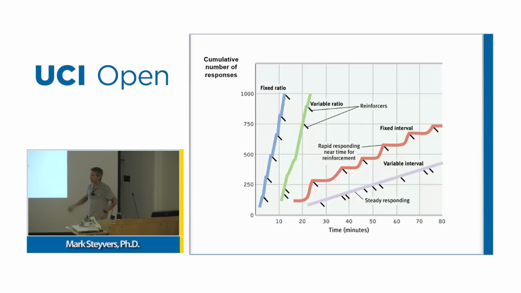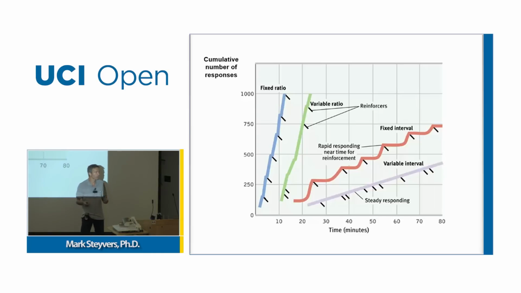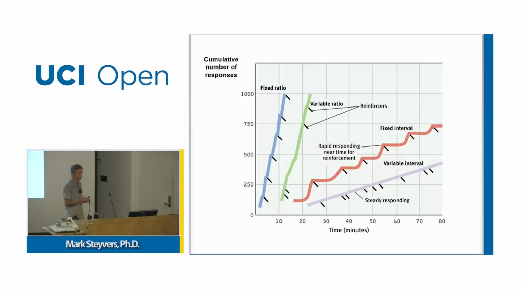Now, under all these schedules, you would just predict curves that just go up, right? Because time goes by and you evoke some responses, so you always go up in some direction. But the slope of these curves indicates how quickly you're learning, how many responses you're emitting per some unit time. So steeper slopes indicate you're learning more, or you like to exhibit this behavior more.